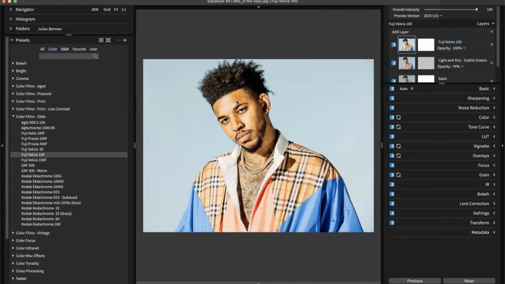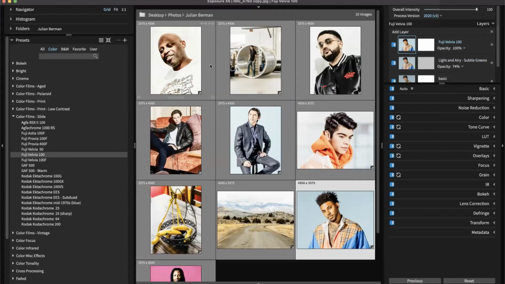You can see how it's kind of breaking that skin up and creating some pockets where it looks like it's smoothed over, or blocked up. That, not so good. Yeah, you can see it right here on his skin too. From the grid view, you can see where all that red tone is coming in. It looks blotchy. So, got to watch out for that with skin tones when you're using these really, really colorful